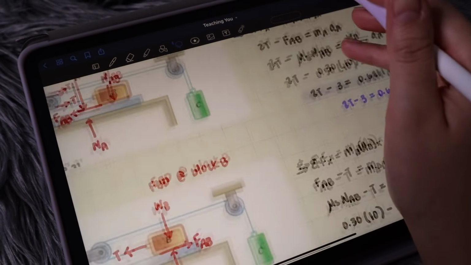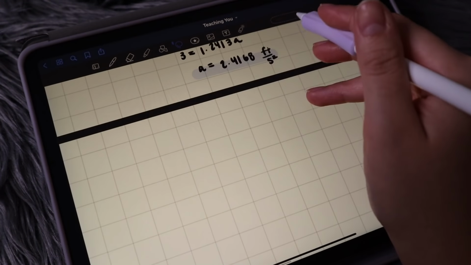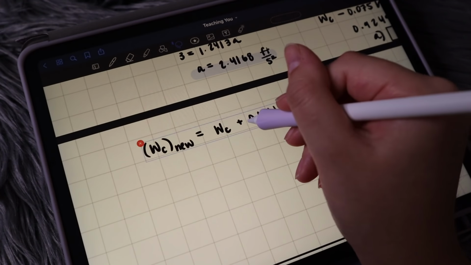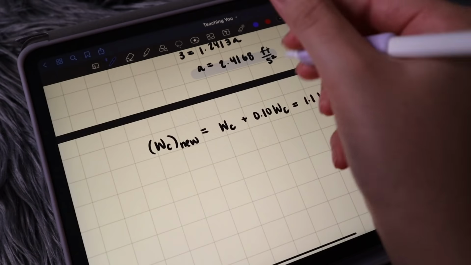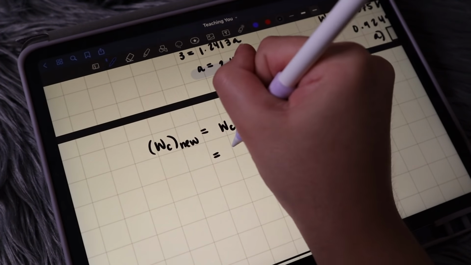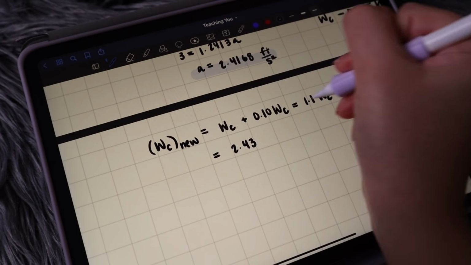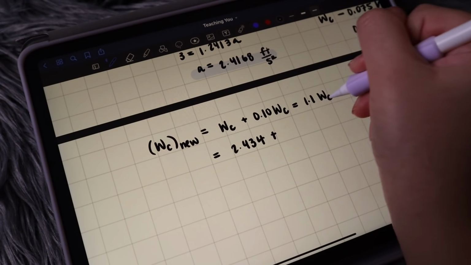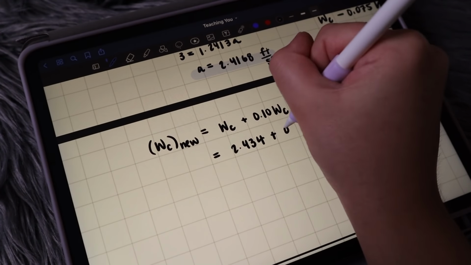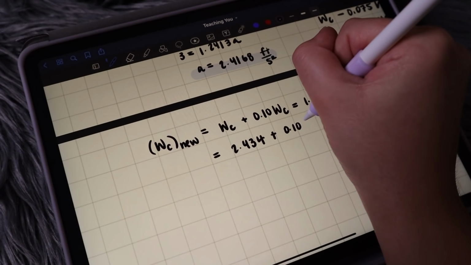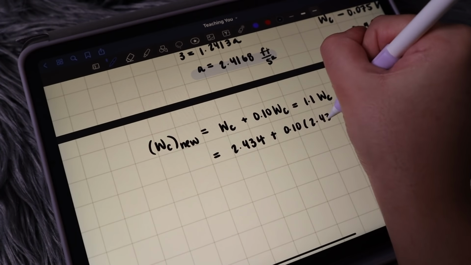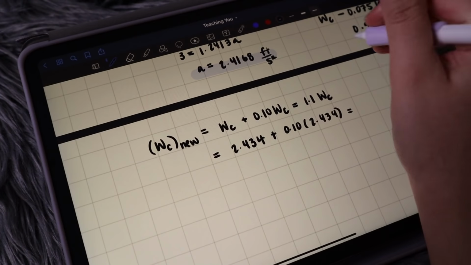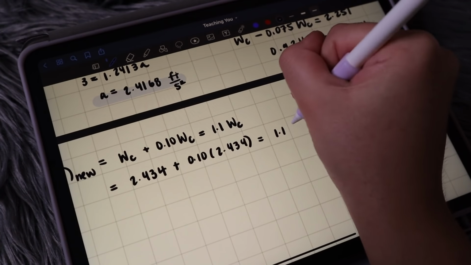Okay, but first let's go ahead and figure out what is the new weight. So that's pretty simple. We pretty much just take the original weight, which is 2.434, and then we're gonna increase it by 10%. So we're gonna times 0.10 times 2.434, or you could just simply do 1.1 times